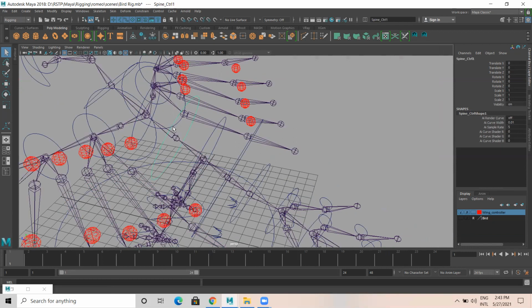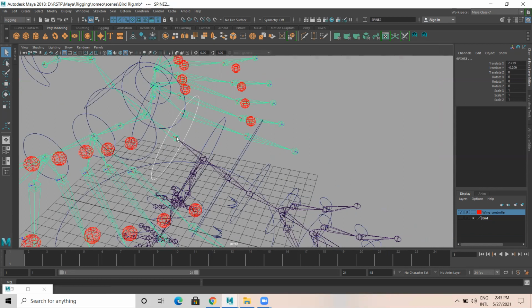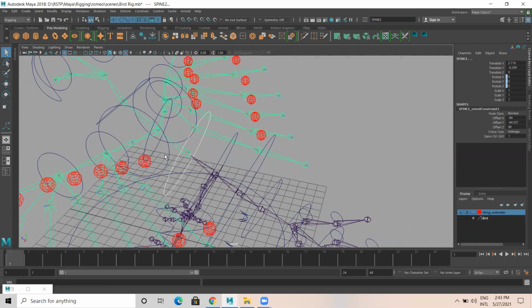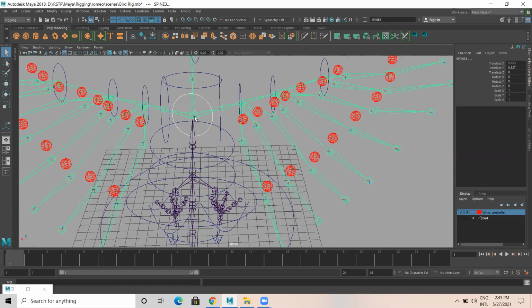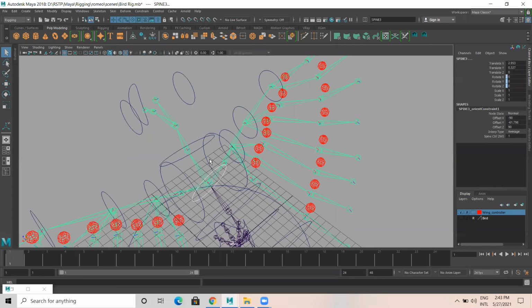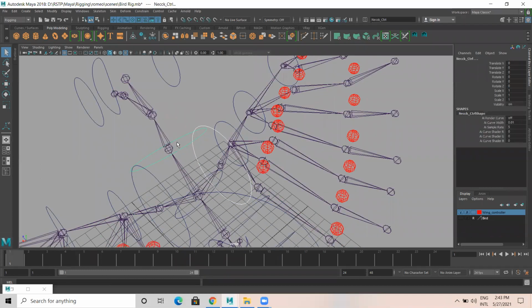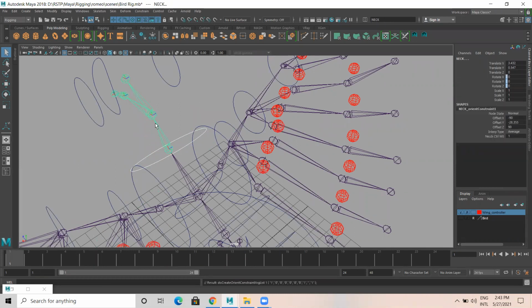Orient constraint is done. I select this curve and the relevant joint. Orient constraint, repeat. Select this curve and this joint, G, orient constraint. Similarly for the neck part, select this curve and this joint, first the curve and then the joint. You need to shift select, orient constraint.